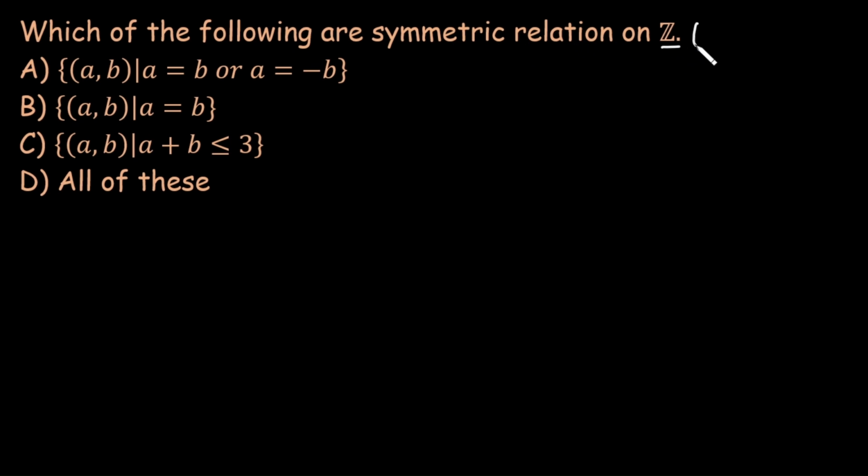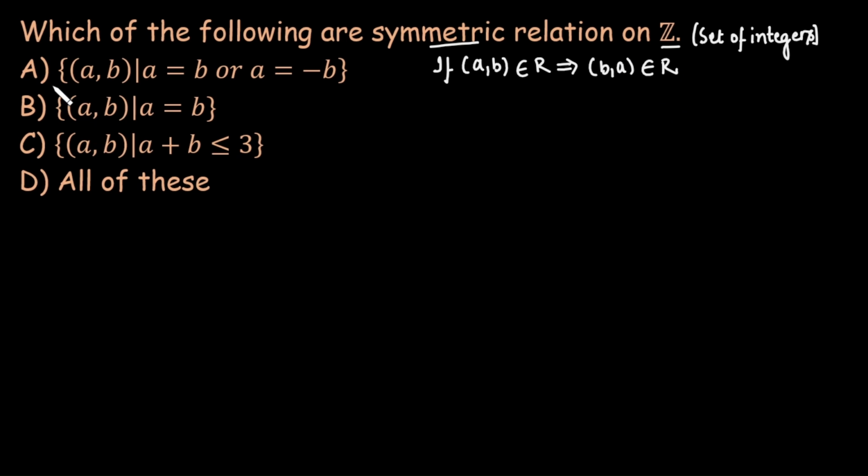This is basically on the set of integers, so on the set of integers we need to check which one is a symmetric relation. Symmetric relation means if the ordered pair (A, B) is a part of the relation, then the reverse order must also be a part of the relation. For option 1, the relation is the ordered pairs such that either the elements in the ordered pair are equal or maybe with the negative sign. It means it is of the form